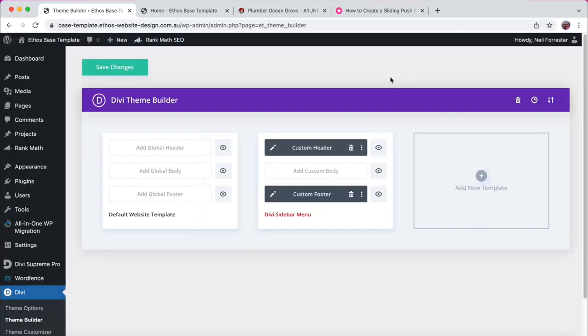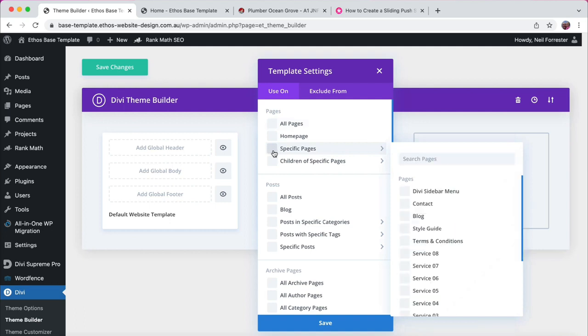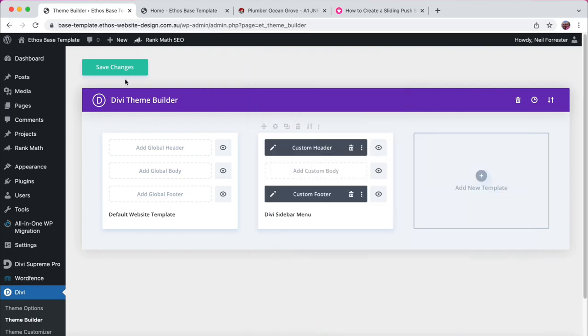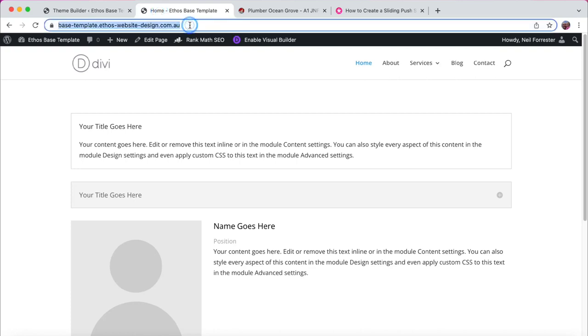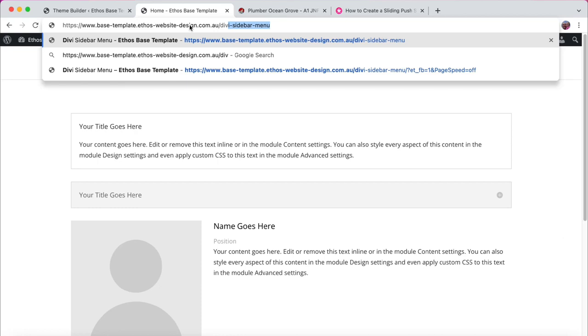Alright, once that's done, you'll see that it's got a red title here, and that's because it hasn't been assigned to anything in particular. So we just need to hover over the template and click on the cog icon, and I'm going to assign this to a specific page, and the page that I created earlier called Divi Sidebar Menu, and click on Save. And save changes. And now when I go to the Divi Sidebar Menu page,